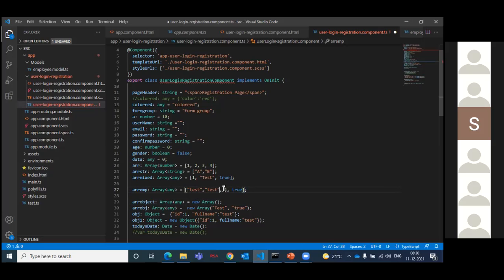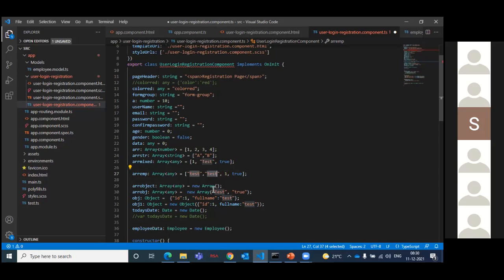A key is nothing but the representation. For example, the key for this test is the username, and the key for this test is the email. So for that concept, it is called an object. Same as arrays, an object also stores data. But how does it store the data? As key and value pairs.